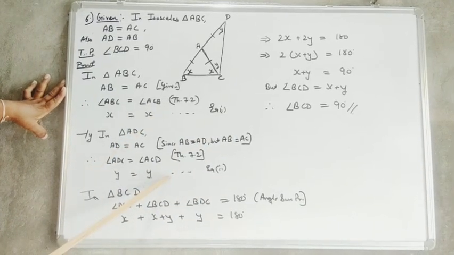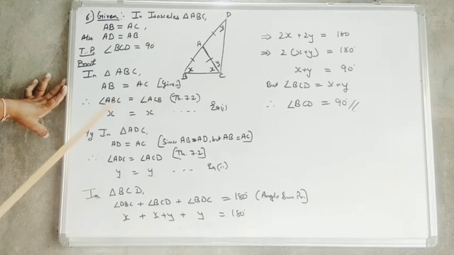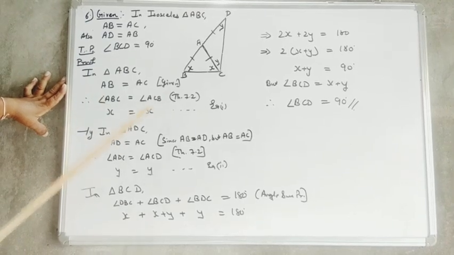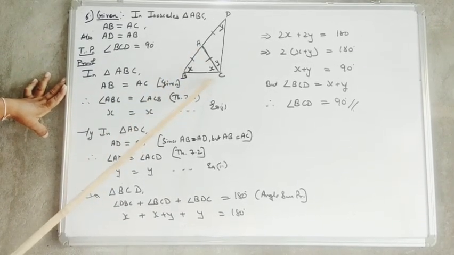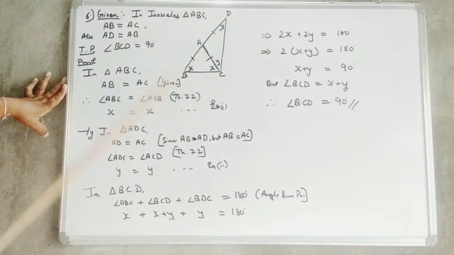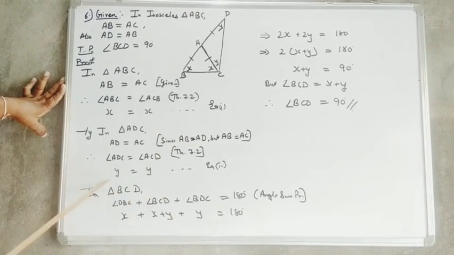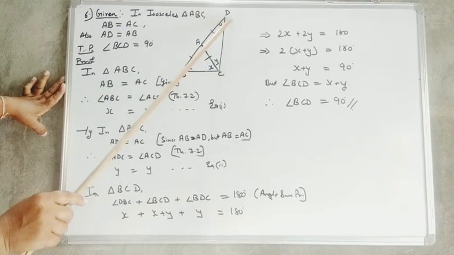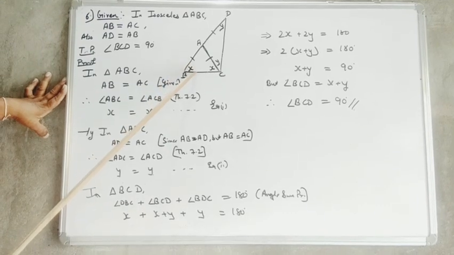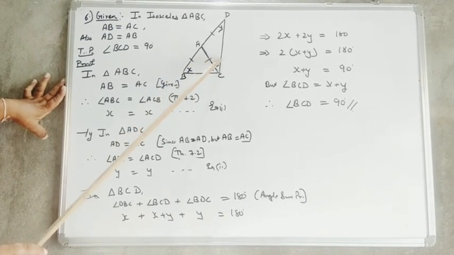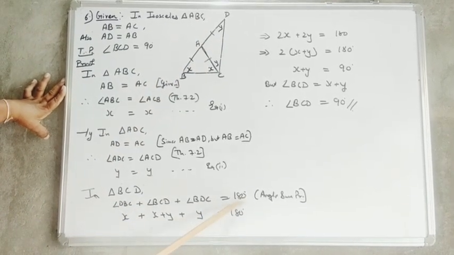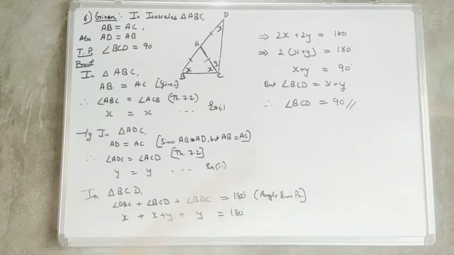If I add these equations as I did in the previous sum, then I would get x plus y on both sides. Here we will get this particular angle, which will be BCD. Taking the bigger triangle BCD, consider only this single triangle, adding all the three angles, angle DBC, angle BCD and angle BDC. If I add all the three angles, it will be equal to 180 by the angle sum property.